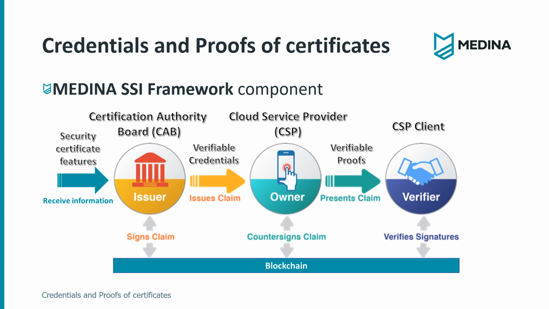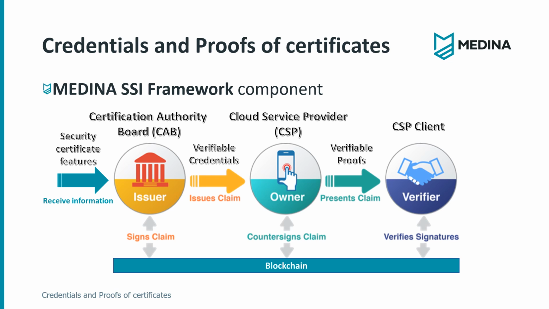Then, we have the owner. In MEDINA, each cloud service provider will be a self-sovereign identity owner, which owns verifiable credentials received from the CAB. Next, we have the verifier, which makes proof requests and receives proof responses from the owners. The proof responses are verified to validate the signatures. This role will be covered by the cloud service provider's clients. The self-sovereign identity framework is backboned by a blockchain network which provides secure storage of signatures to be able to